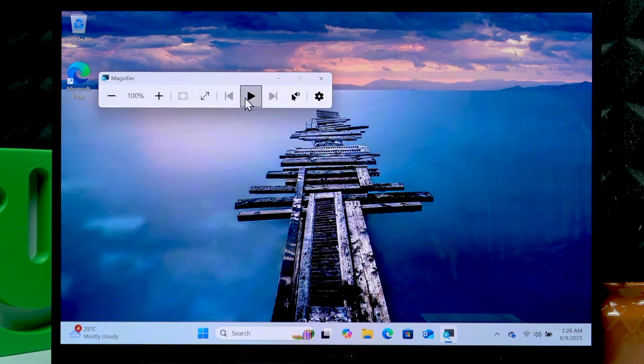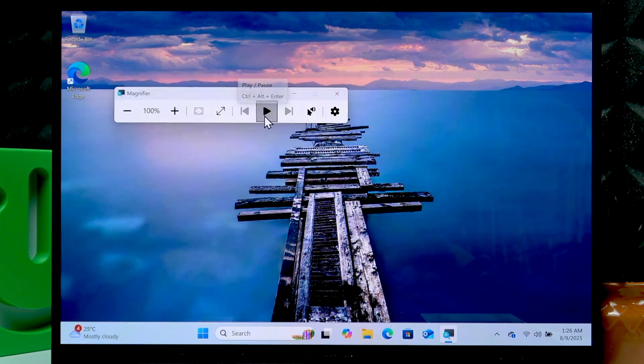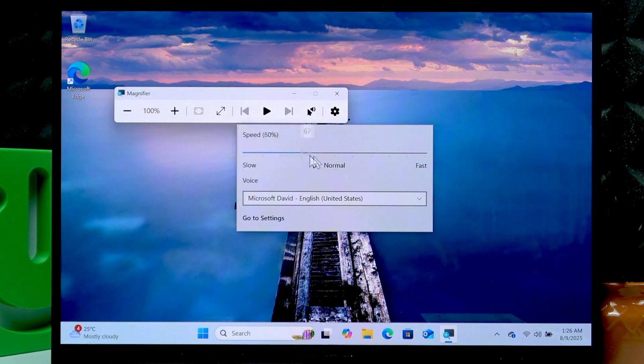Using this button right here you can play the text from your display or just get to know which display you're at. So it just reads the name of the first icon on the screen. Now using this icon you can select the place from which you want to start reading. Now using settings you can change the speed of the magnifier, and here you can also change the voice of the reader. You can go to settings from here and change more magnifier settings,